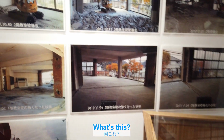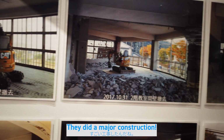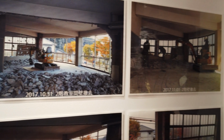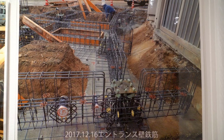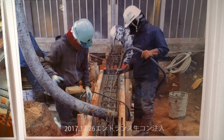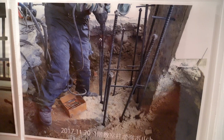So when they first built the museum, they had to make sure that it was compliant with earthquake standards because Japan's on the ring of fire. They have tons of earthquakes. So any old building, if they want to do new development on it, they're going to have to make it